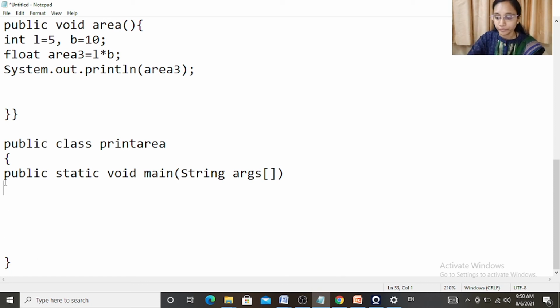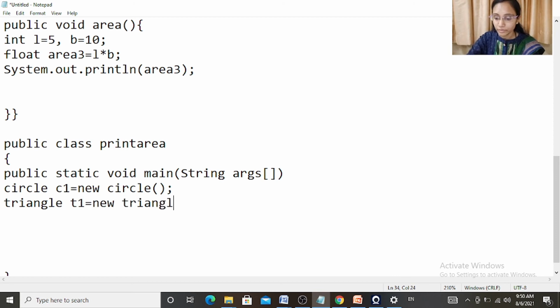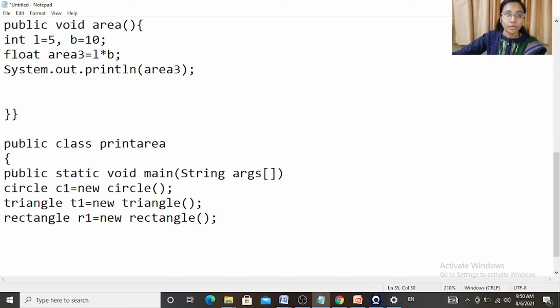So circle C1 equals new circle, triangle T1 equals new triangle, and rectangle R1 equals new rectangle. So here I have created object of all the 3 subclasses.